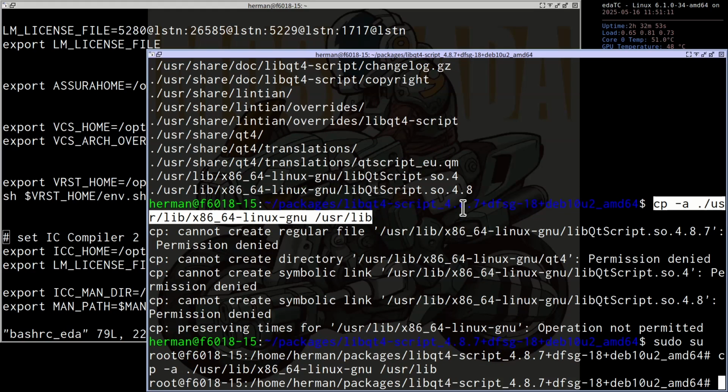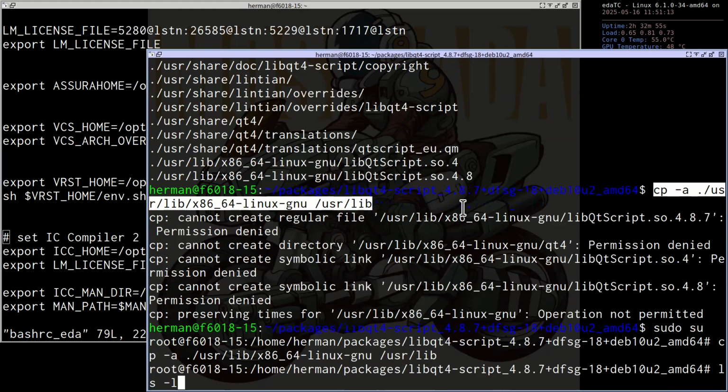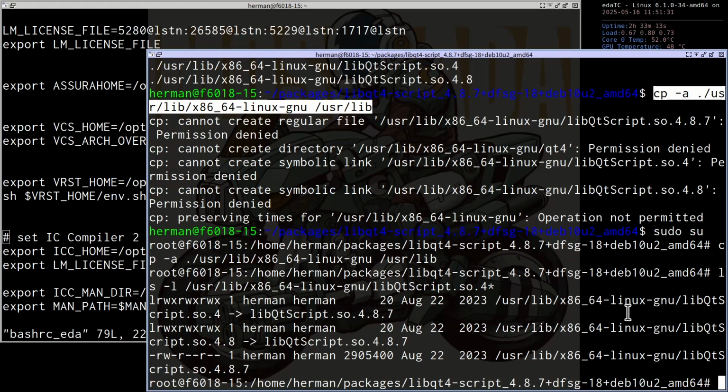Now, if you take a look at ls -l /usr/lib/x86 libQtScript here, you will see that you have this one, right? You have this.